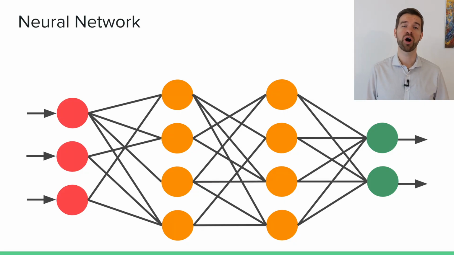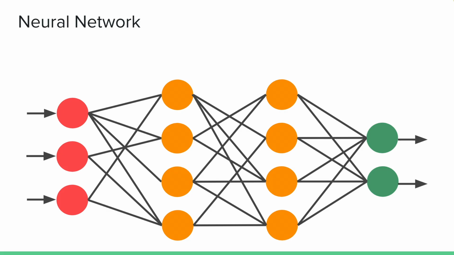A single neuron on its own is not really helpful. You cannot do much with it. However, when you take multiple neurons and connect them to each other, this is where the whole power of neural networks arises. And we speak of a neural network once we have this arrangement of neurons that are connected to